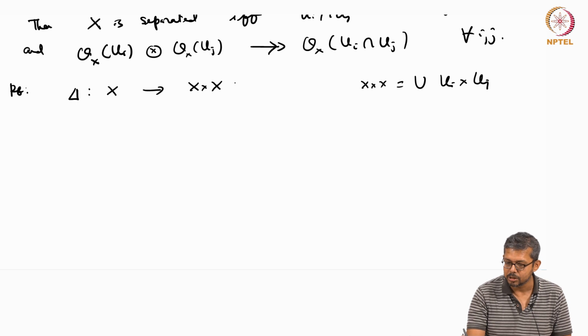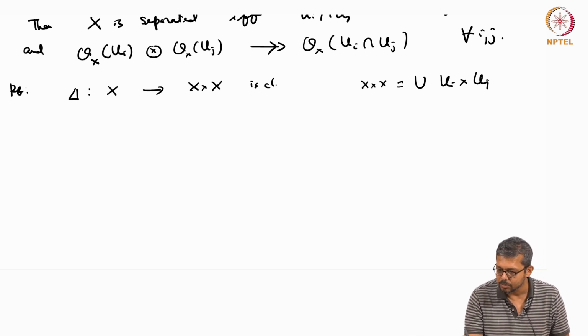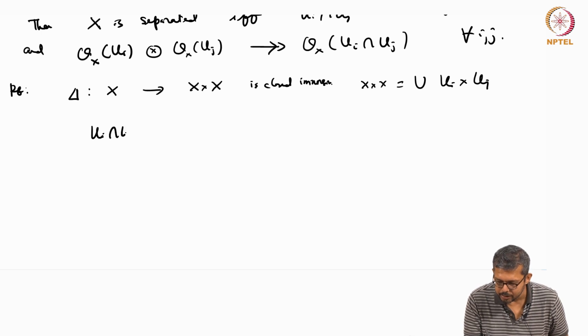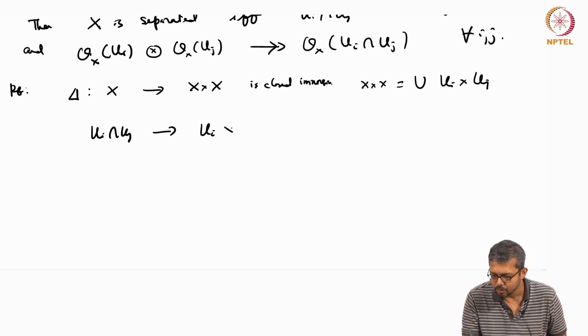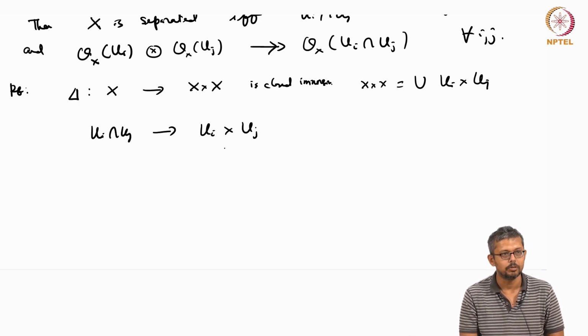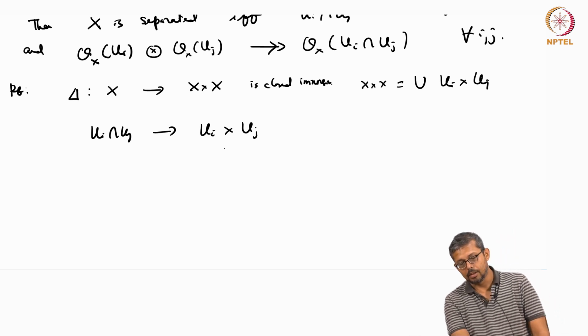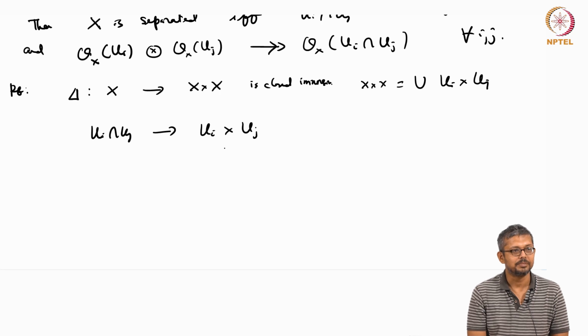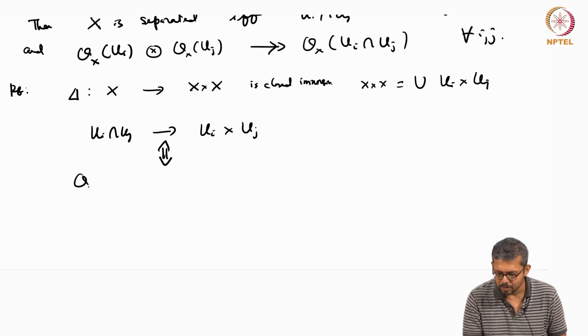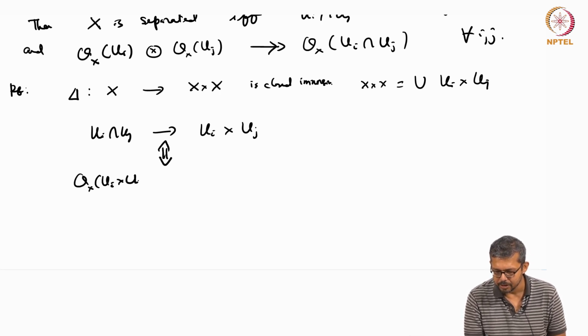Then this is a closed immersion. So you have this map from Ui intersection Uj to Ui cross Uj, and the map delta restricted to Ui intersection Uj. Now you see that Ui intersection Uj is affine, so you are in the category of affine varieties. The product of affines is affine. So this is the same as giving a map O_X of Ui cross Uj